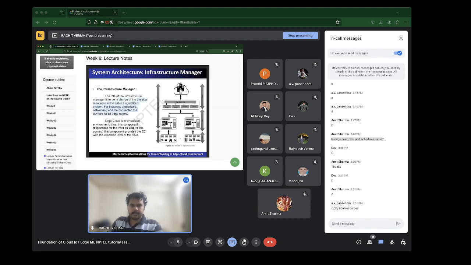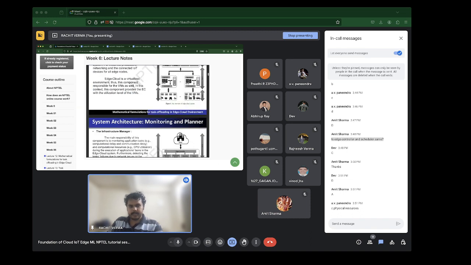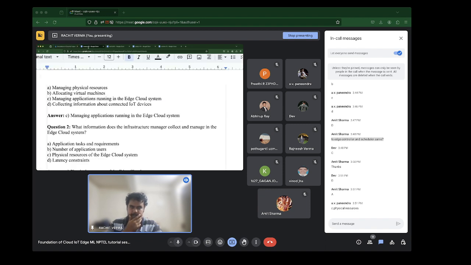In addition to the physical resources, it is also responsible for monitoring application tasks and the relevant computational resources. So you could say both A, application tasks and requirements, and C, physical resources, would be correct if you look at the notes.